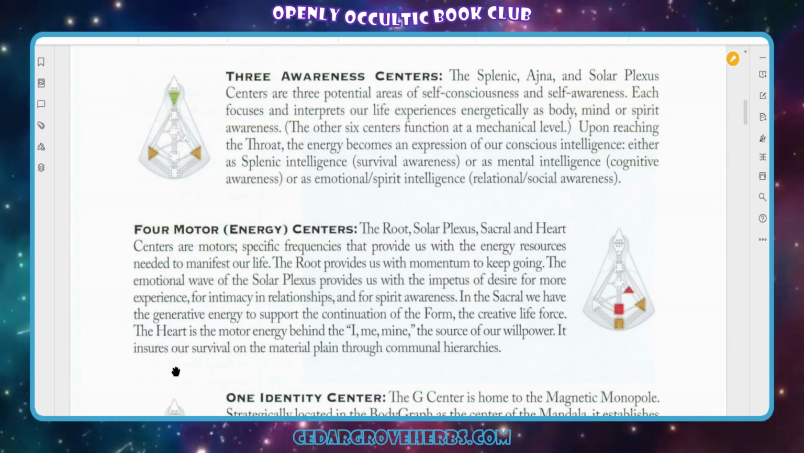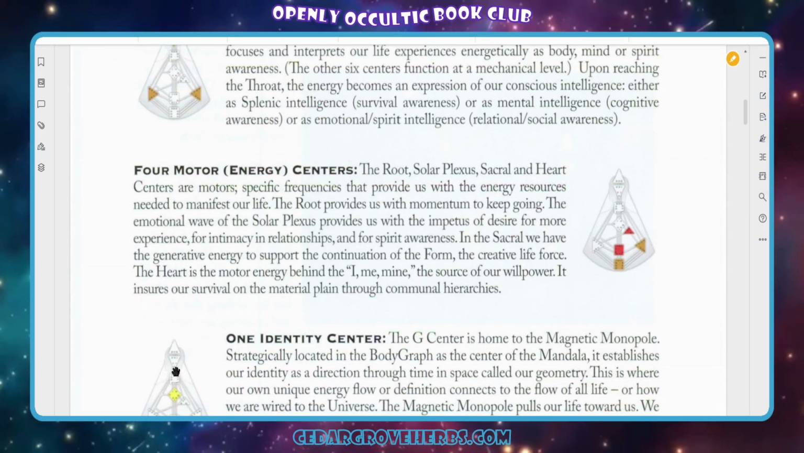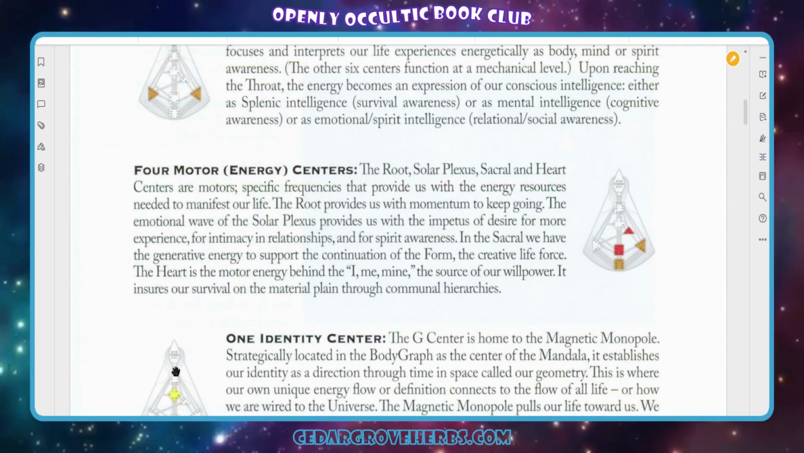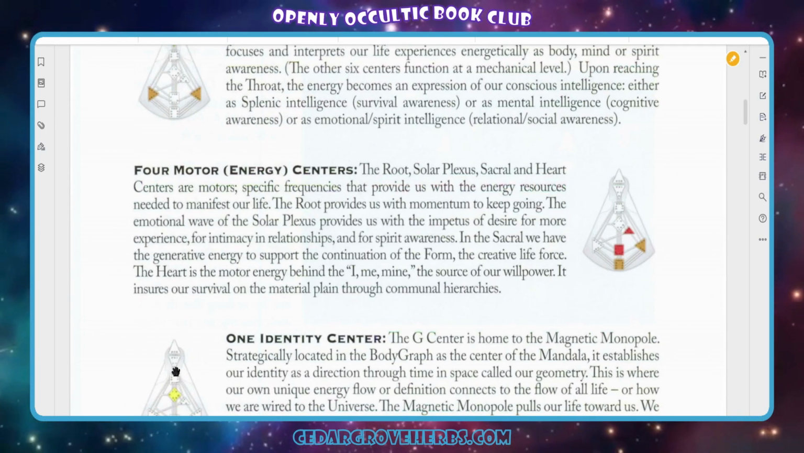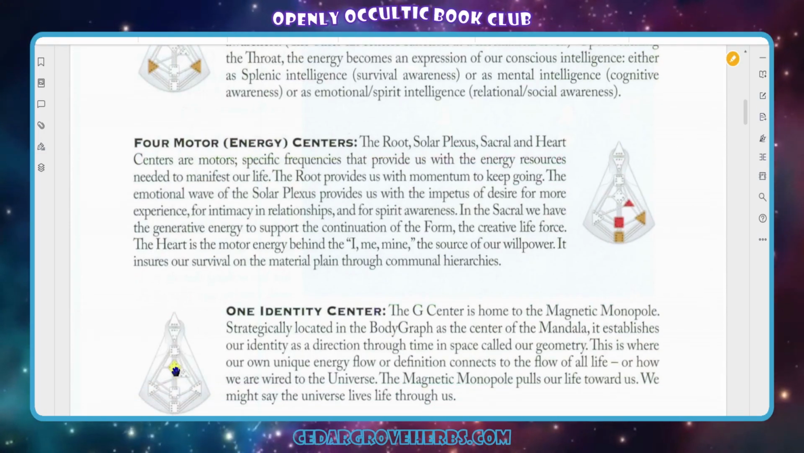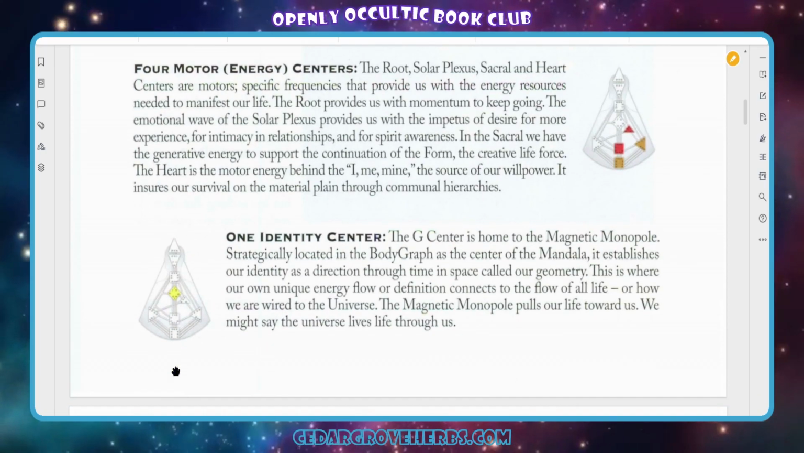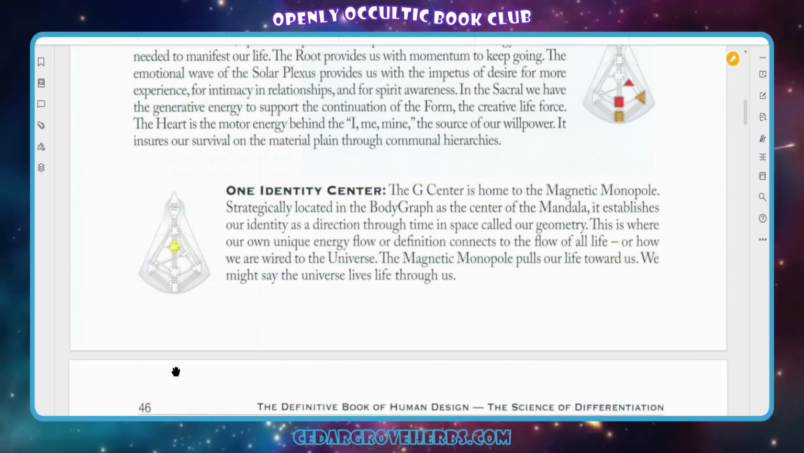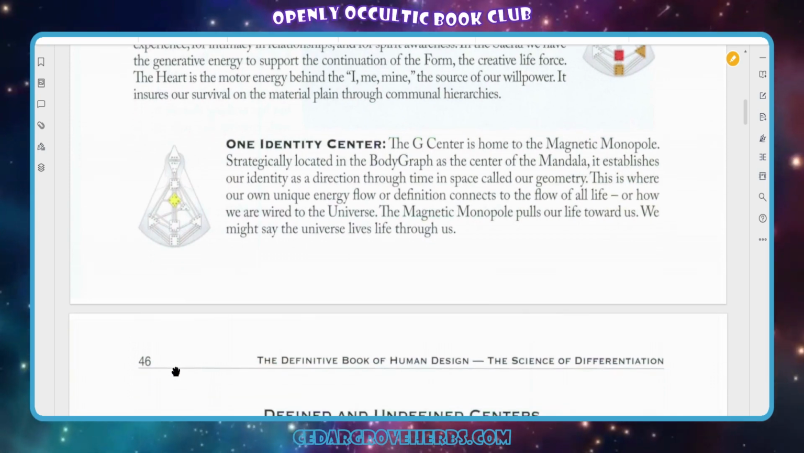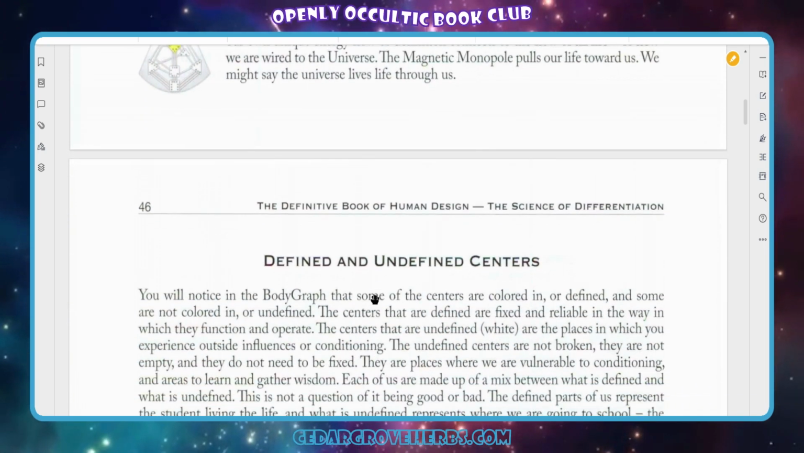And now we also have four motor energy centers. It showed us on this diagram what centers we're talking about: the root, the solar plexus, the sacral, and the heart. These are your energy or your motor centers. And the identity center is the G center. The magnetic monopole is located there, as it shows on the diagram. Okay,